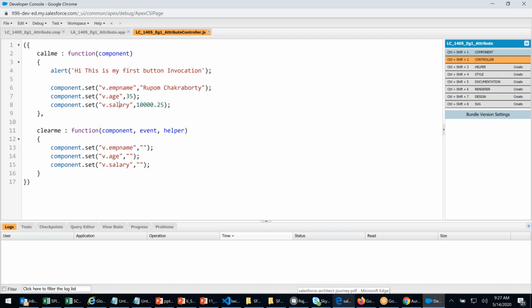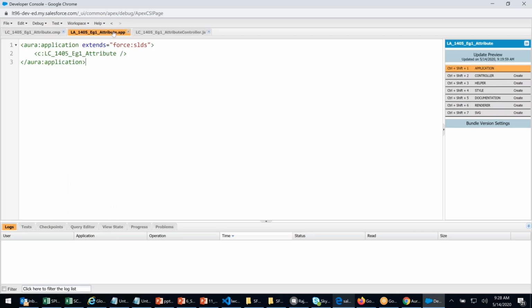Any questions before we proceed? Do the application controller and component controller work the same? Yes, it all works the same. Okay, the question is then what is the use of the application controller? Whenever I have multiple components, now in one application, I'm calling only one